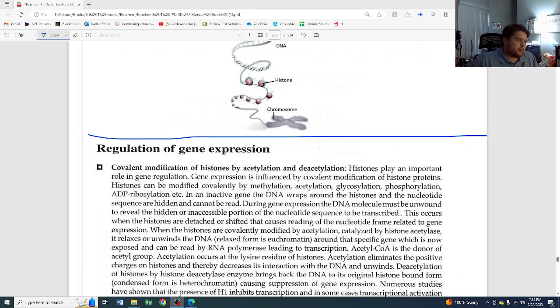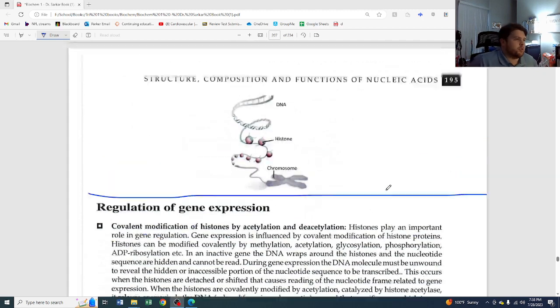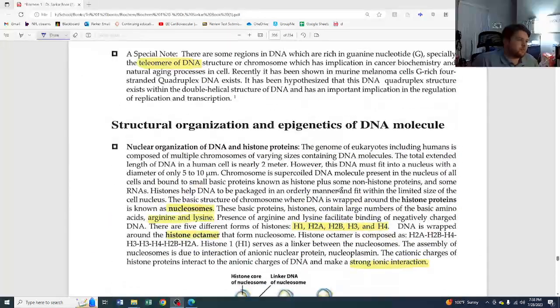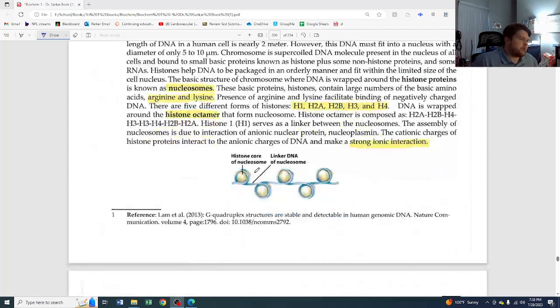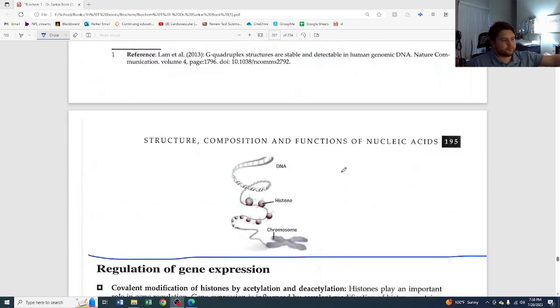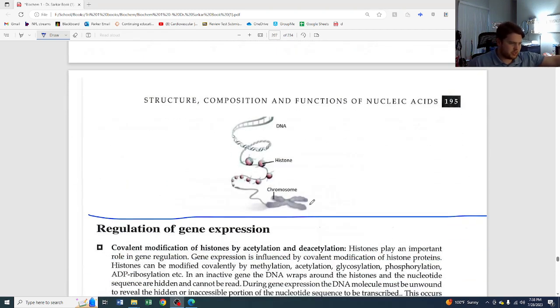Okay, we are back with the rest of chapter 16. Remember earlier we were just talking about how DNA is going to be wrapped around. DNA is mostly negatively charged. It's going to be wrapped around these histone molecules in order to be wrapped up in nice little packages called